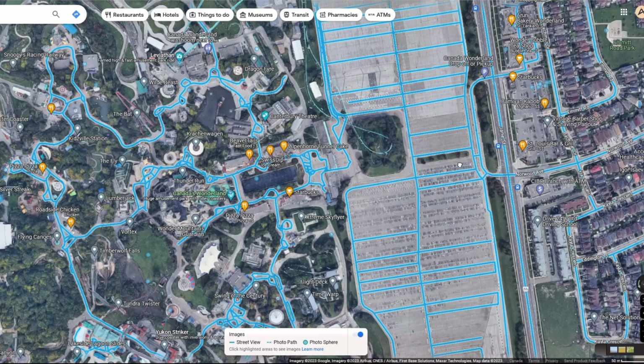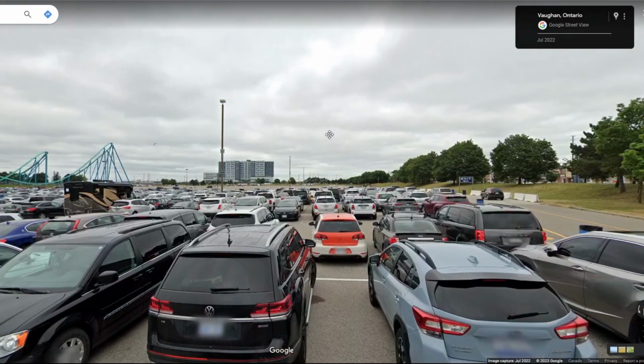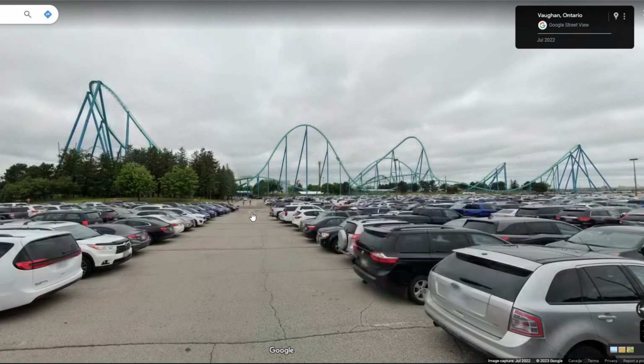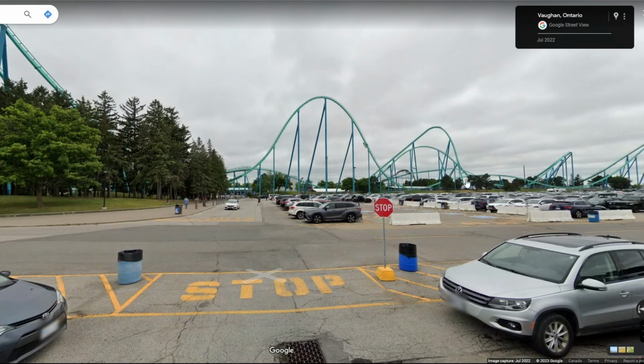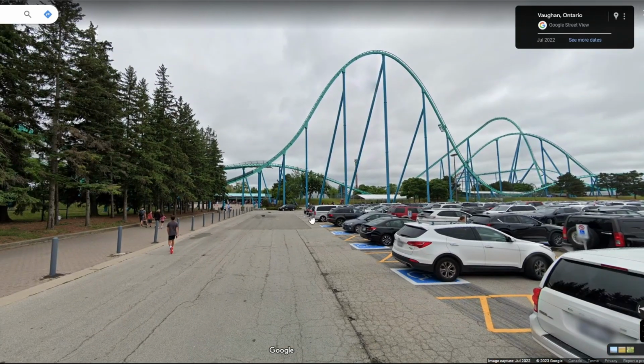I think it might actually be worth it to step a little bit away from the park the first time that we come down, and okay, it's July 2022. Never mind. This does actually give you kind of a good frame of reference though, to see what the park looks like in a modern light. You get to take in the front entrance here,